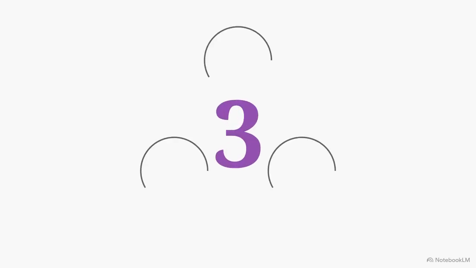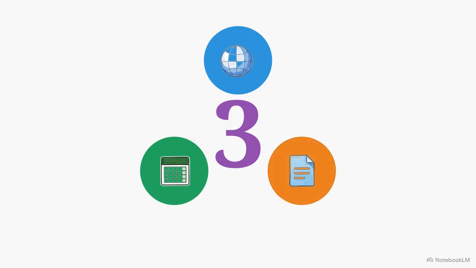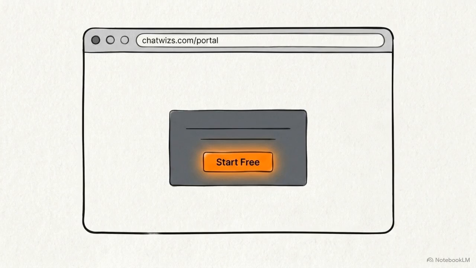To set this up, you only need 3 things: a standard web browser, a spreadsheet of your student roster, and your list of test questions. Gathering these assets before you start removes the friction of manual data entry, allowing you to transition directly into a digital testing environment. Step 1 is navigating to